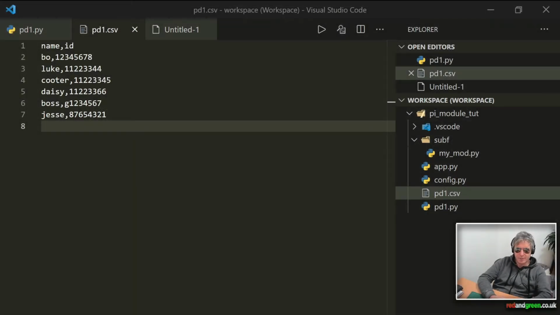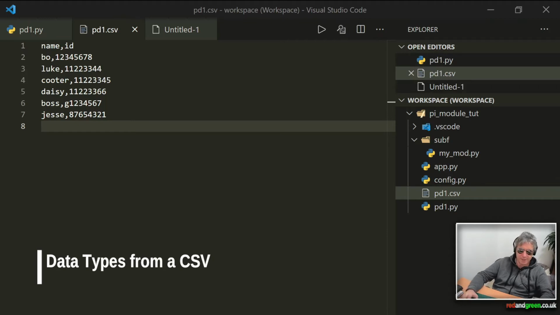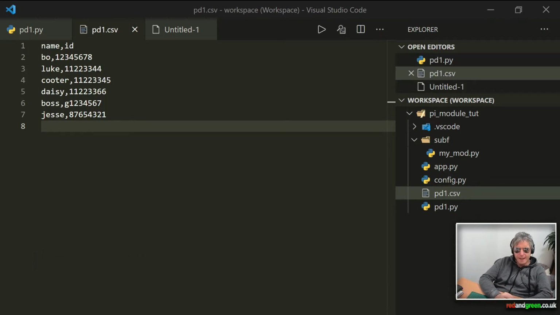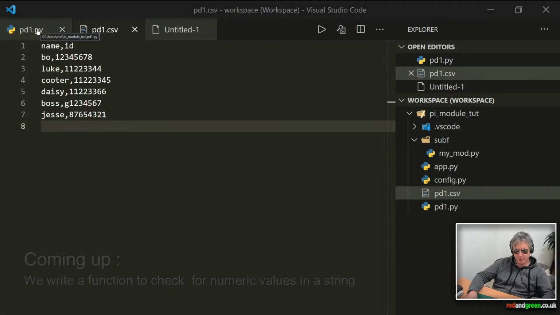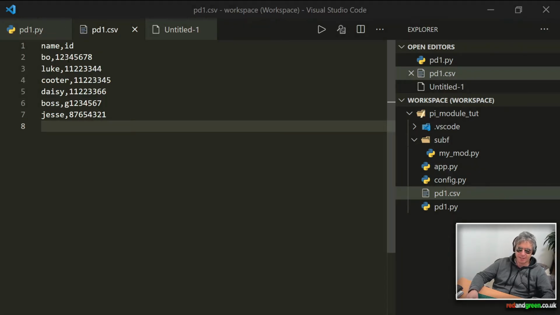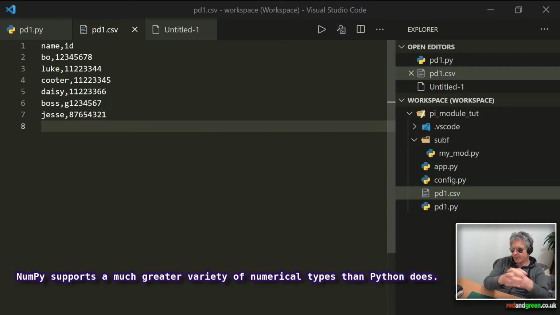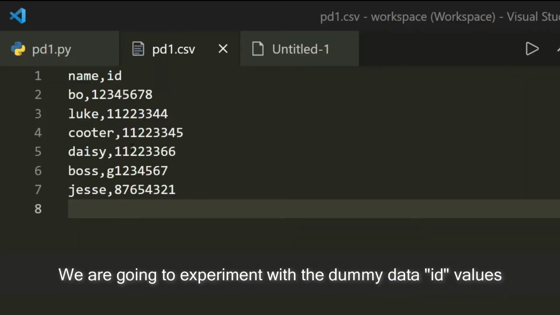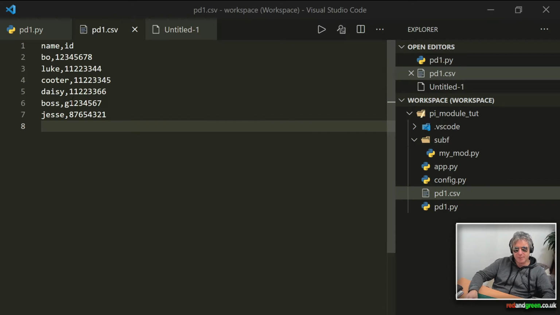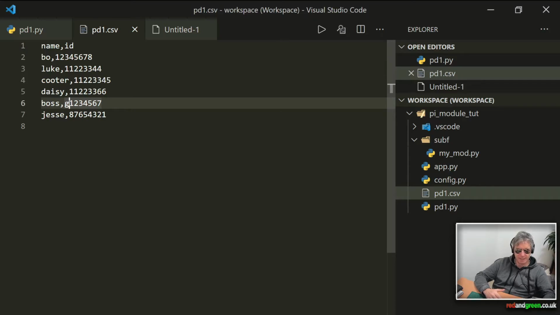Hello, I just want to show a demonstration of a problem I had on a real-world project last week, which was where Pandas, which is built on top of NumPy, decides the data type when you import the data. So I had a CSV with a load of names and ID numbers, and when I was testing, I was using a truncated file. So I was working with only 10 example ID numbers, using this standard format that I'd been told about. So I was just using 8 digits,